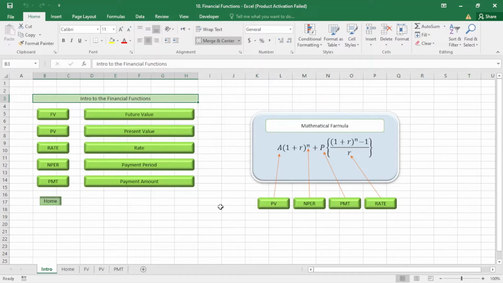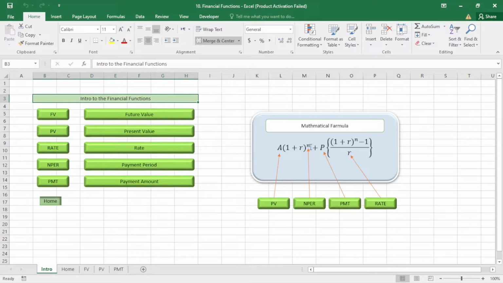Today our topic is about financial functions. So first of all, you can see it's the mathematical formula. You can see it's very complicated. With this formula I can calculate the future value, and you can see this A stands for present value, this